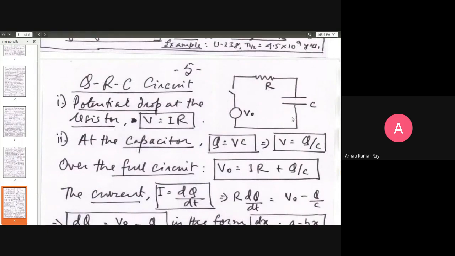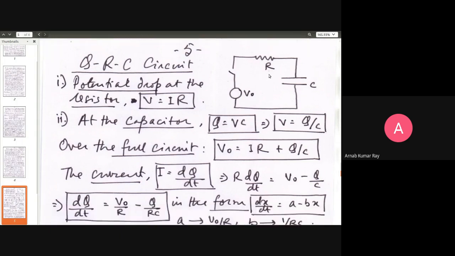Here is a simple circuit diagram, which you should understand. There's a switch, there's a source, a battery or whatever, that creates a potential difference over this entire circuit. There's a resistor and there's a capacitor. If you close the switch, then current will flow, because the battery will drive a current by creating a potential difference. So there will be a potential drop at the resistor. That should be familiar to you. The potential drop at the resistor will be V is equal to IR, I being the current, R being the resistance of the resistor. And then in a capacitor, you will have a charge buildup.